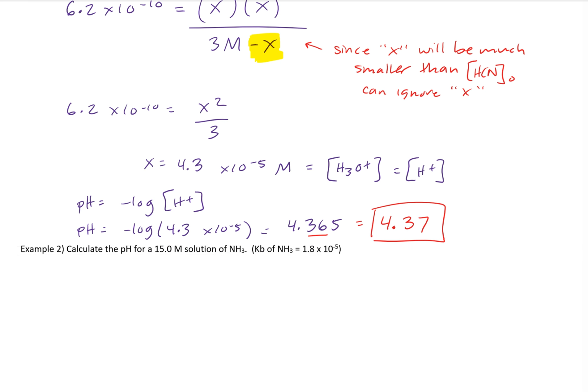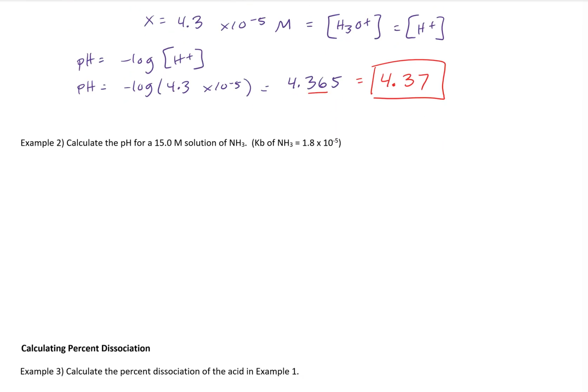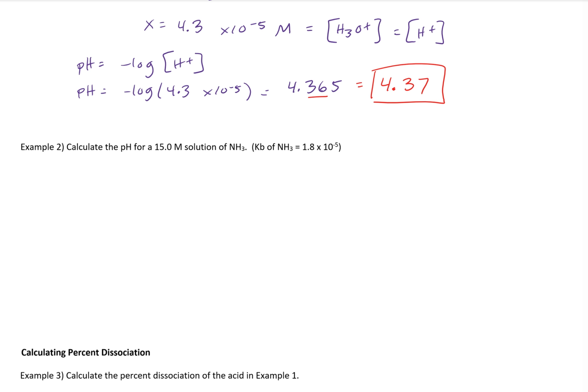Example number 2. Let's calculate the pH of a 15 molar ammonia solution given its Kb value, 1.8 times 10 to the negative 5. So now they give me a Kb value. Well, I know Ka is the acid equilibrium constant. Kb is going to represent a base equilibrium constant, B for base. And I know ammonia is going to be a weak base